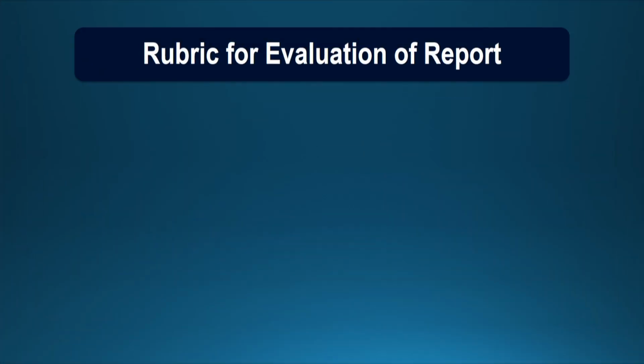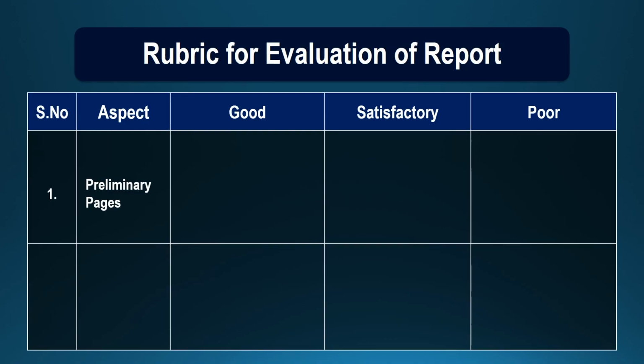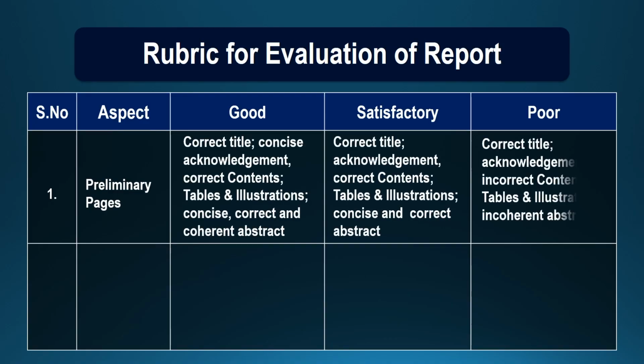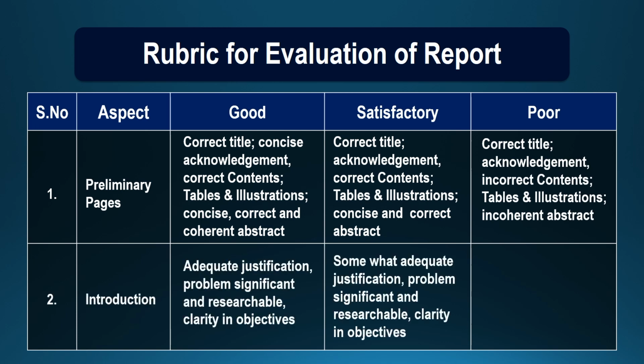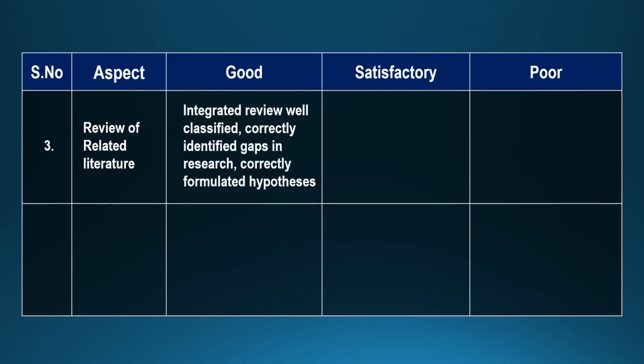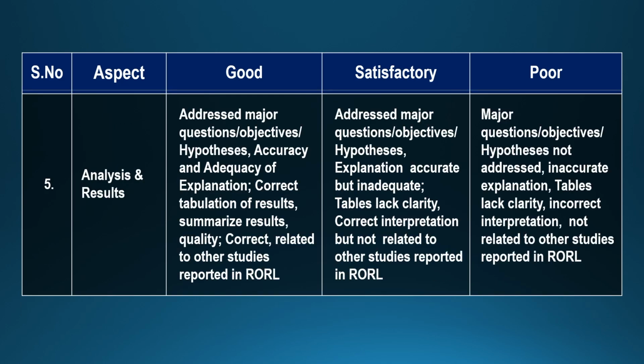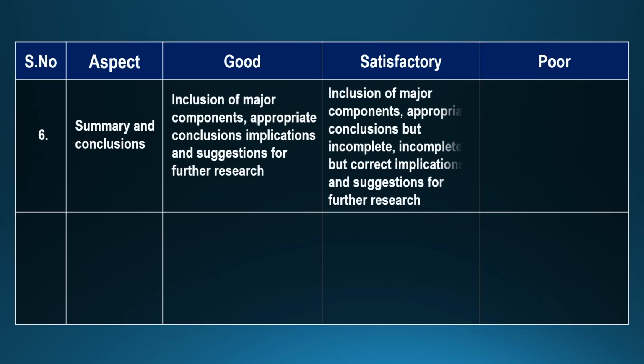Now here you will see that three classifications have been used: good, satisfactory, and poor, and the various chapters which form a part of the research report are indicated, and the parameters which need to be taken into consideration for evaluating these various parts of the research report are indicated. Here you can see for review of related literature and methods and procedure, then analysis of results, summary and conclusions, and bibliography